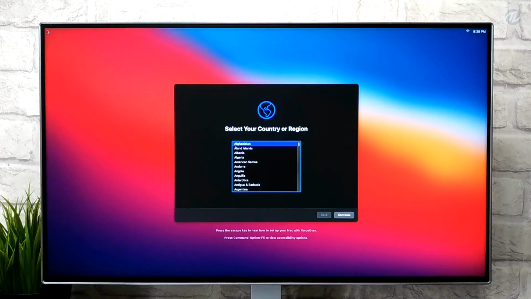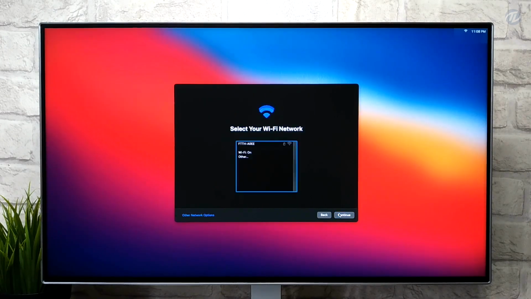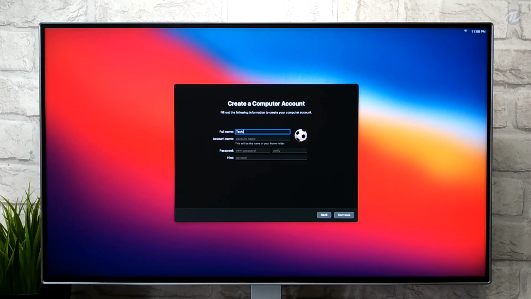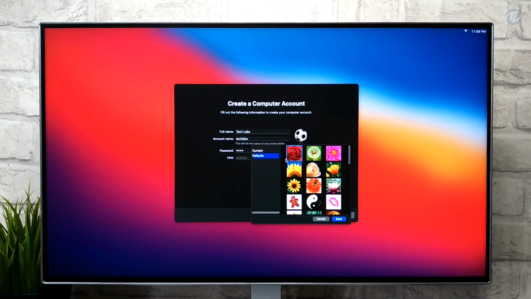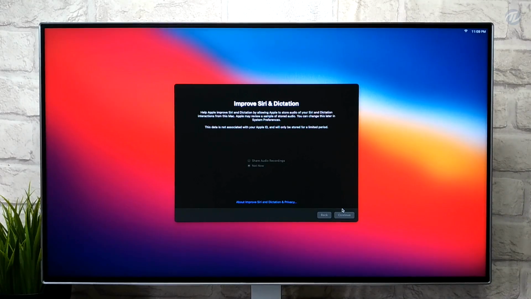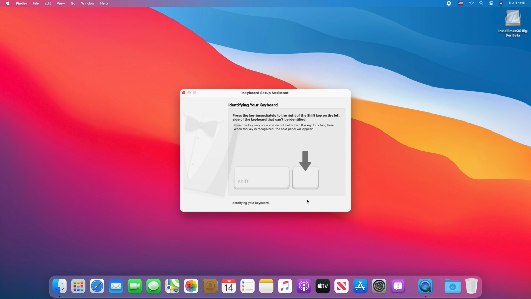We've booted to Big Sur. And now continue with the setup. Continue with the keyboard setup.